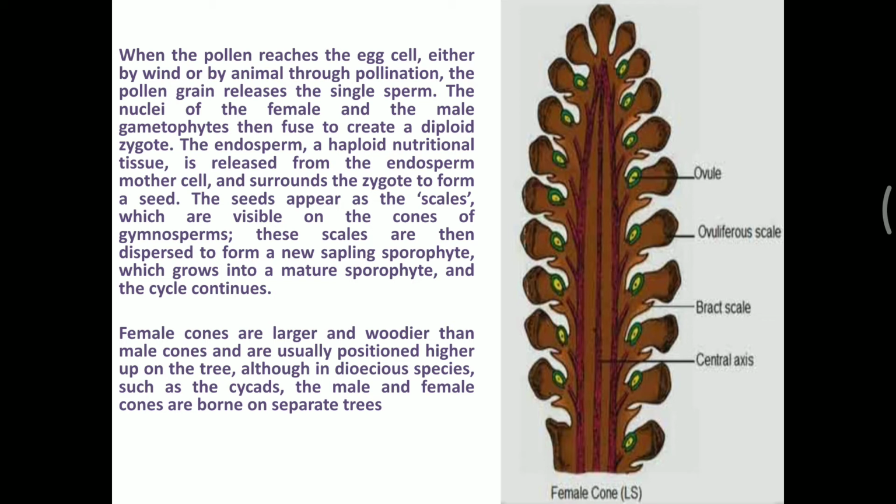Now the seeds appear as the scales. Each scale is a seed, which is visible on the cones of the gymnosperms. These scales are then dispersed to form a new sapling sporophyte, which grows into a mature sporophyte, and the cycle continues. The female cones are larger and woodier than the male cones, and they are usually positioned higher upon the